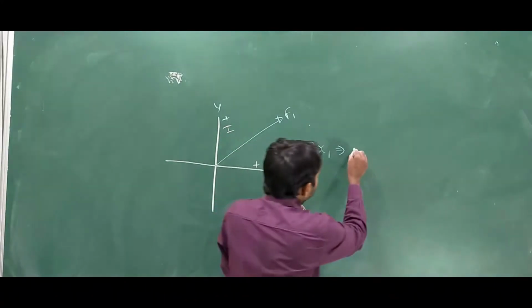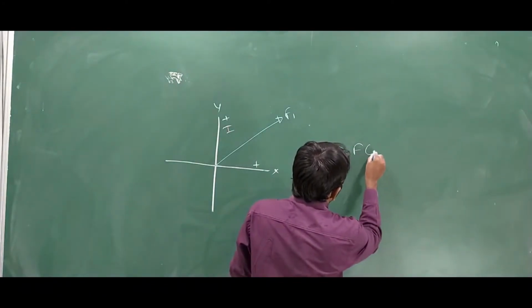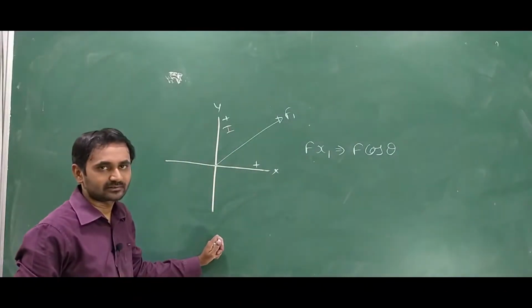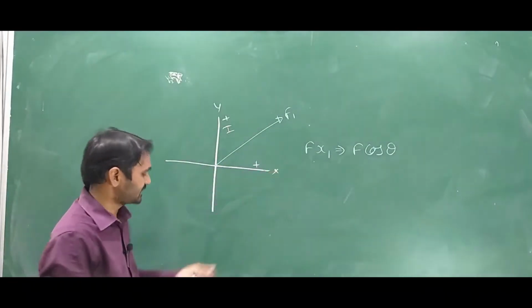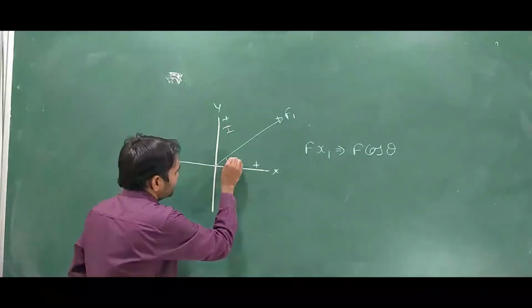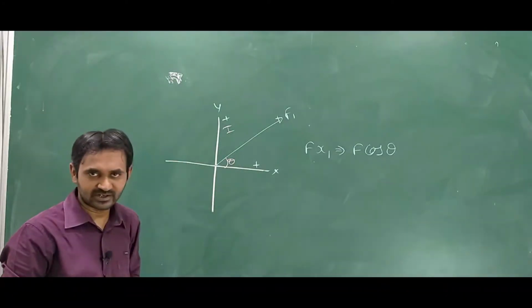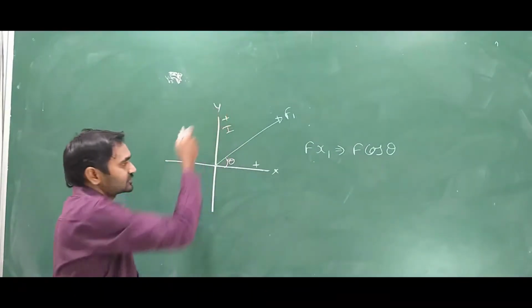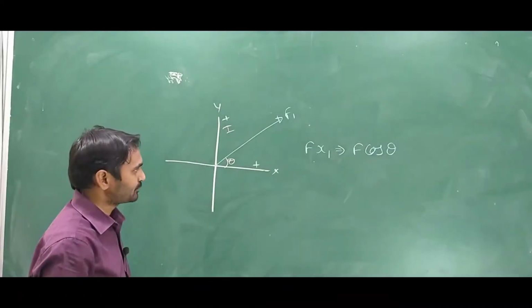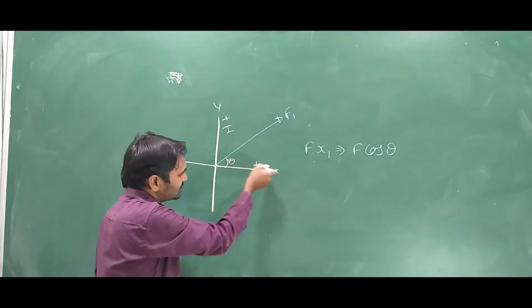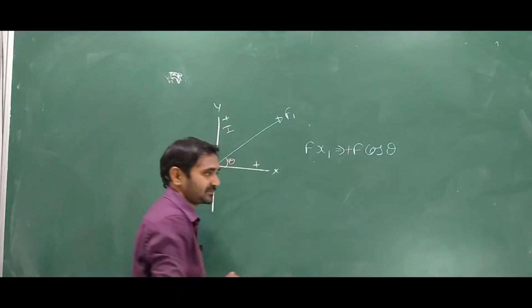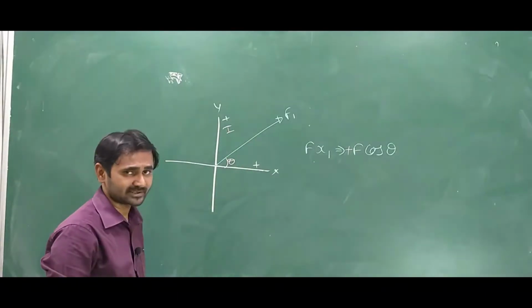So this is F cos theta. Theta is nothing but the angle which is given in your question. Now I have to resolve the same force towards y, and before going to that, here the x coordinate will be plus, so that also we have to indicate. So this is the major one, so that is plus.